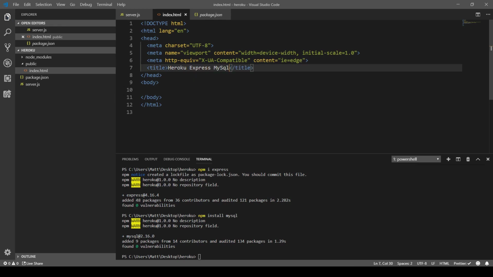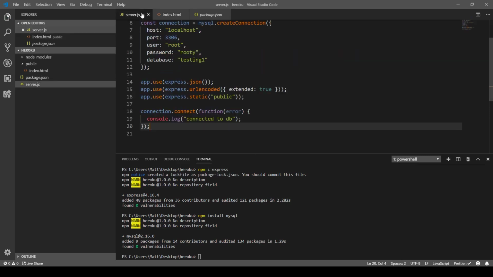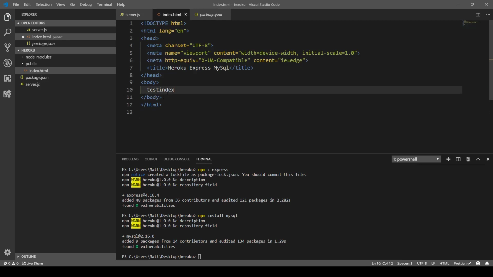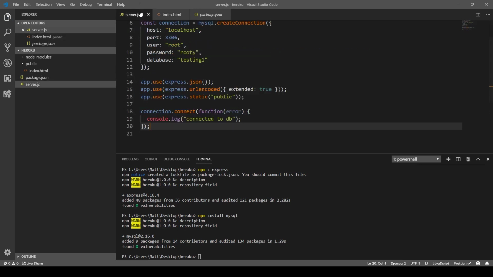It's really going to be Postgres at the end of the day, but that's fine. And then test index. Okay, just some content so we can see that it's loading without thinking about it too much. Alright, so now we have that set up, the middleware set up, so let's do